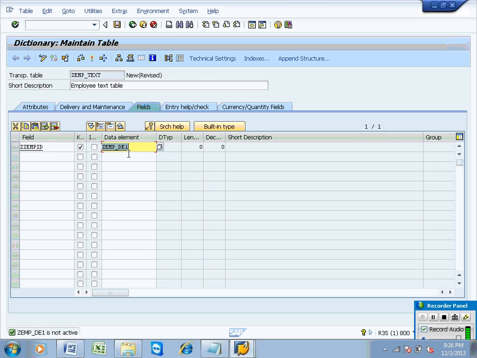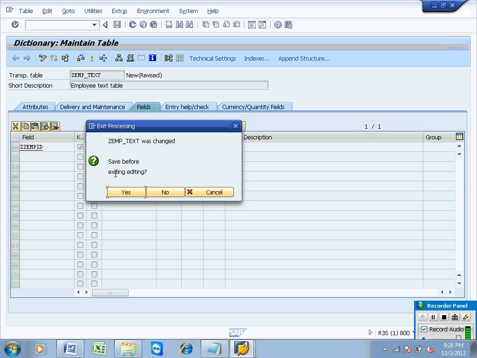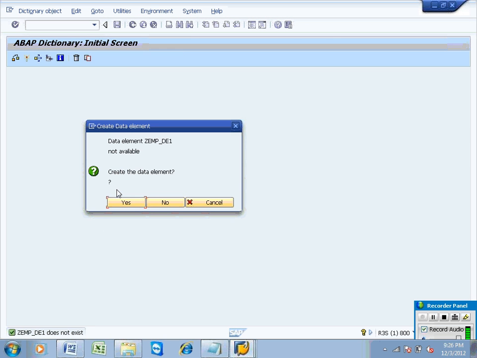Now you need to create this one. So double click on the data element and click on Yes, and create the data element.